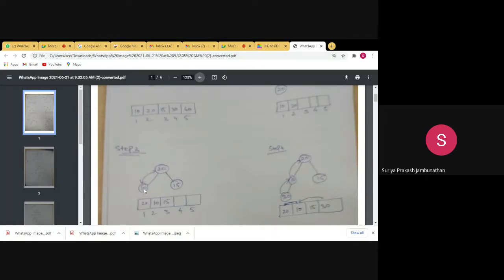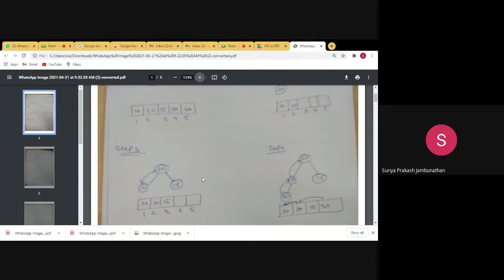So 20, 10 and 15 stay as they are. According to the shifting operation and the modifications we are doing here, we have to update the array. So 20 becomes first, 10 goes second, and 15 goes third.